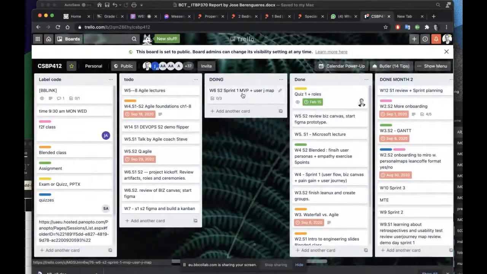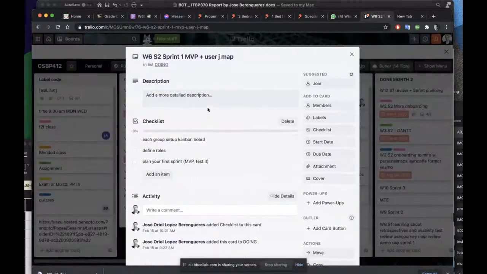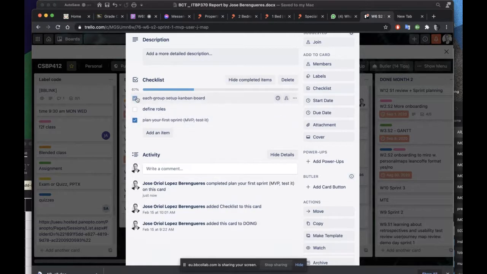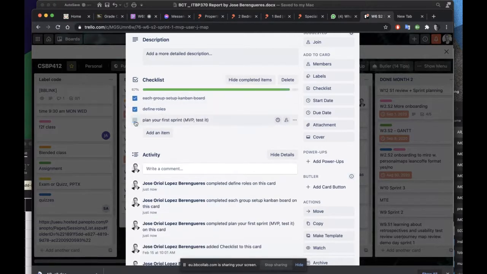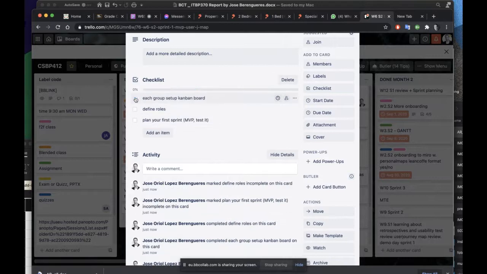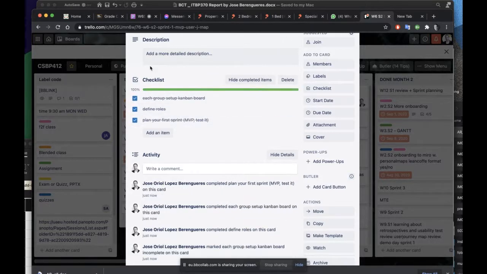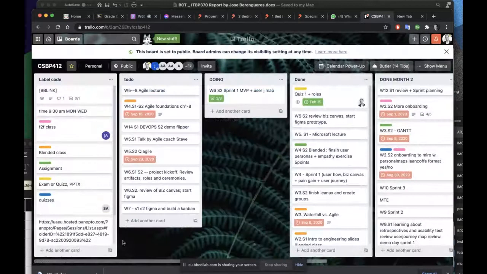Yes, so I asked you to set up a Kanban board to define the roles in each group, like Scrum Master, PO, and so on, and to plan your first sprint using the Kanban board. So these are the 3 things that we will check today. You can use these features in Trello to do this, or as Shama will explain to you,